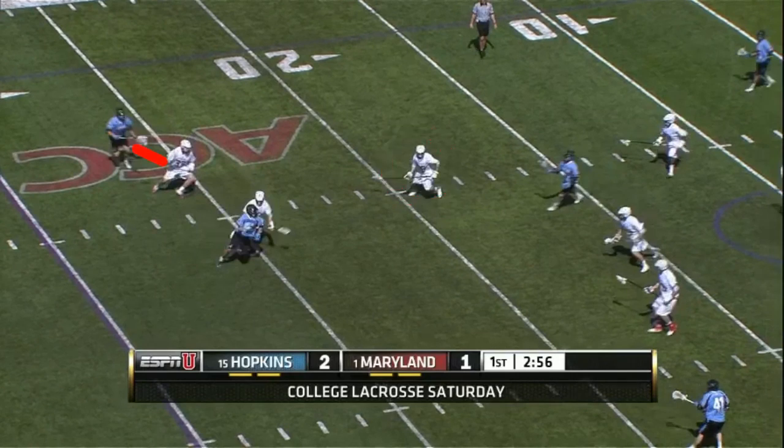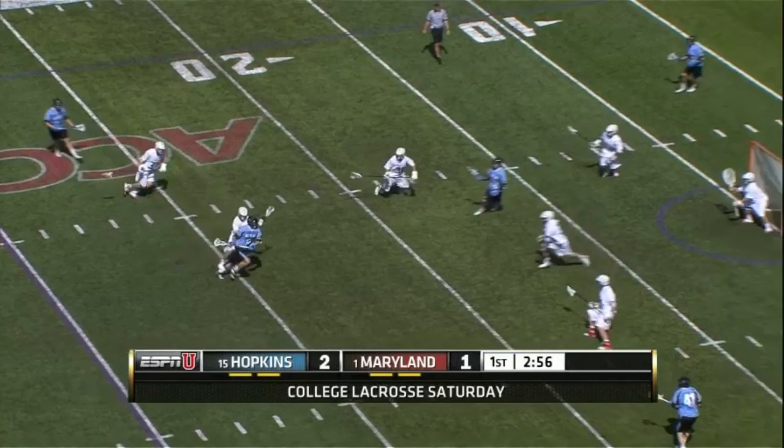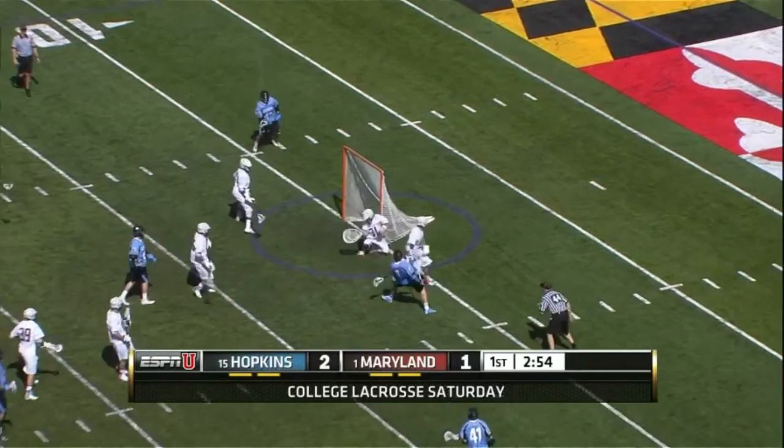That's because Matt Dunn, who slid to John Greeley initially, is able to pick up John Rannigan off of the fake flip. Maryland defender Goran Murray is guarding Hopkins attackman Wells Stanwyck on what is now the backside of the play, and Greg DiArienzo has Brandon Benn on the crease. That leaves Earhart stuck between a rock and a hard place, trying to guard two people while John Greeley comes right at him with the ball. He can't guard both of them, so when he cheats towards Sanders, Greeley puts the ball past him to Kaestner